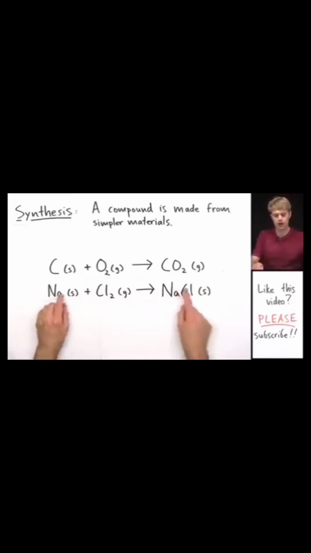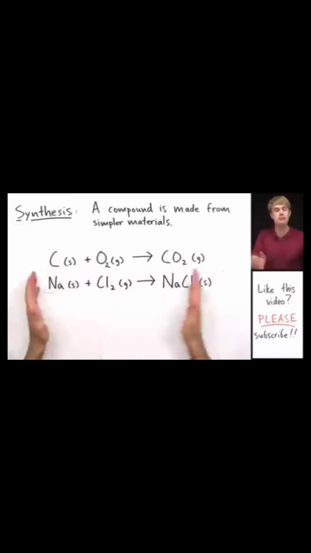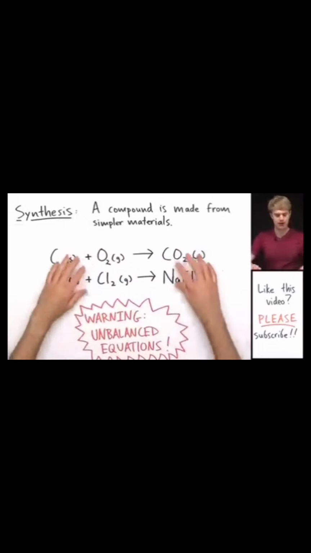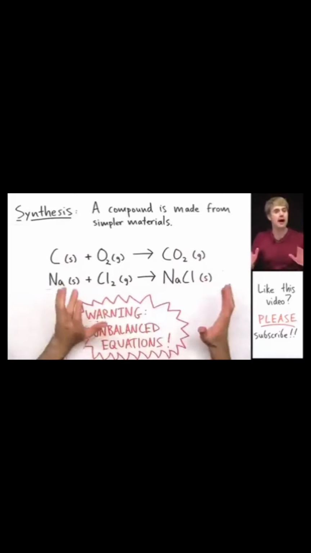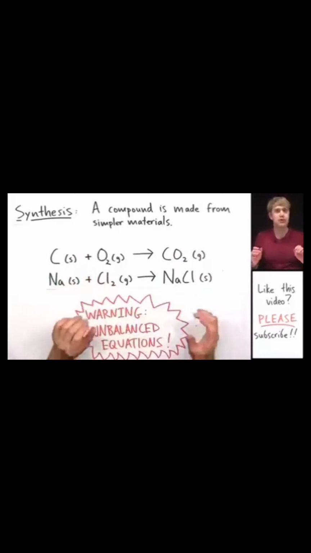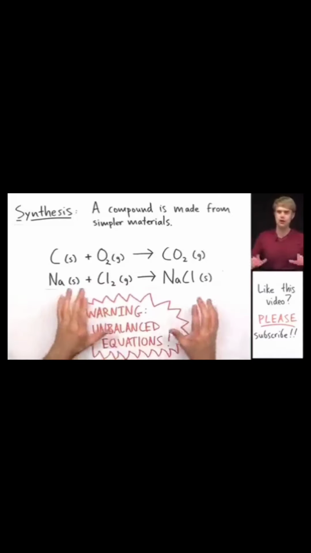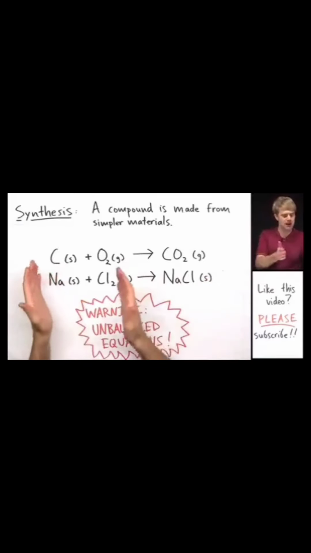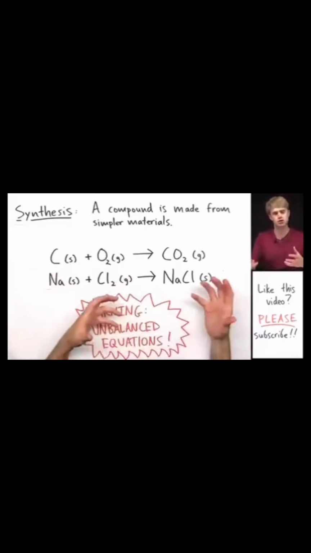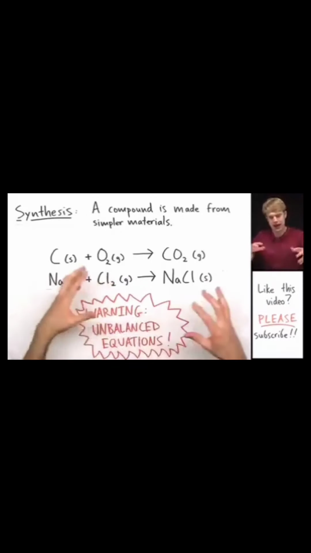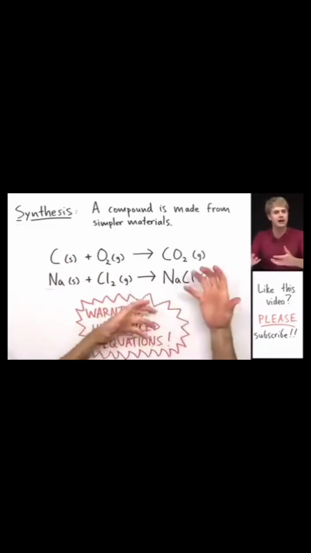Now, a quick word about the equations that I'm using in this lesson. Some of these equations I'm going to be talking about, like this one right here, are unbalanced. So there might not be exactly the same number of atoms on both sides of the equation. Normally it's really important to balance equations, but when we're learning about the different types of reactions, the balancing numbers can be a little bit distracting. So here, I just want you to focus on the elements and how they're rearranging or combining with each other